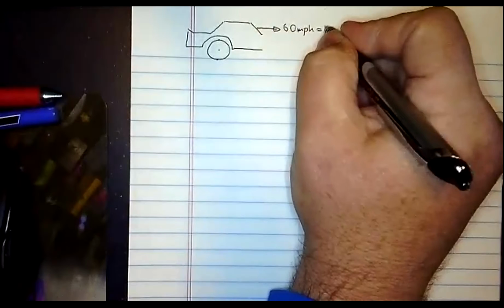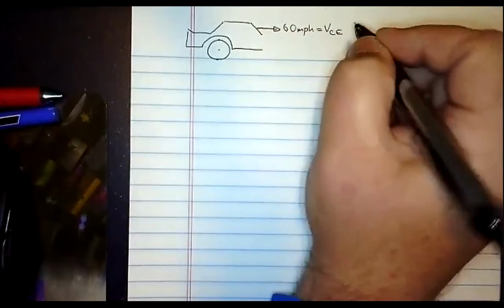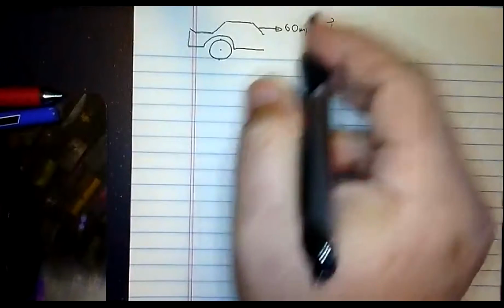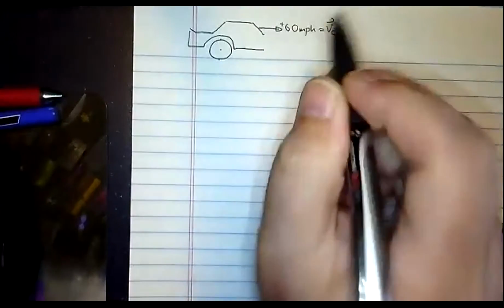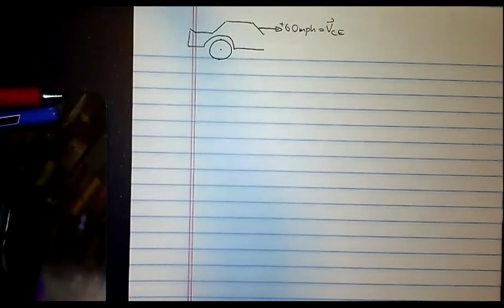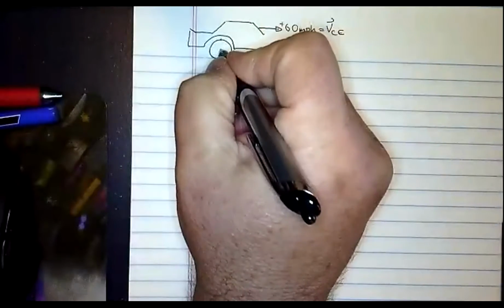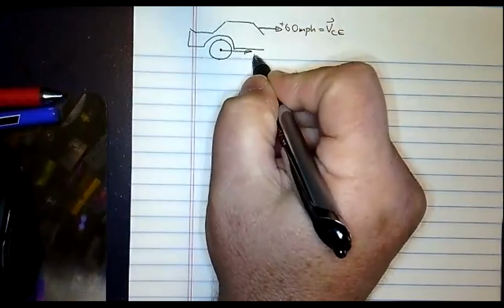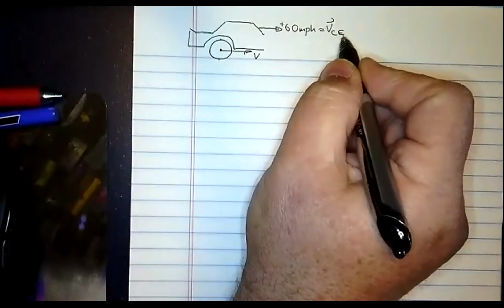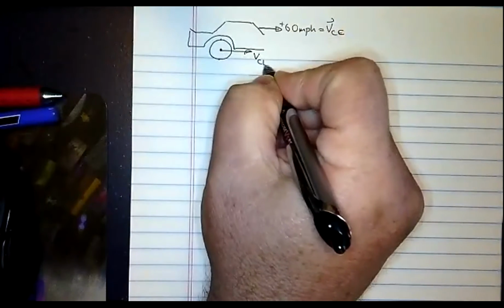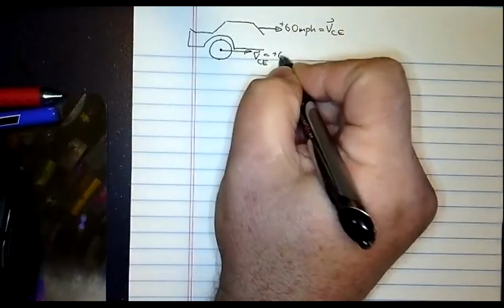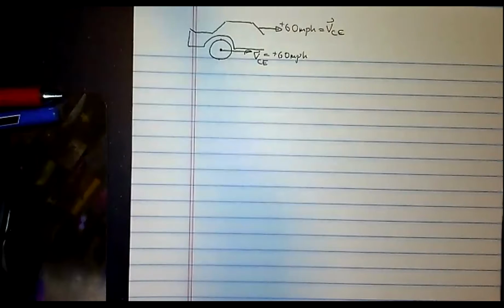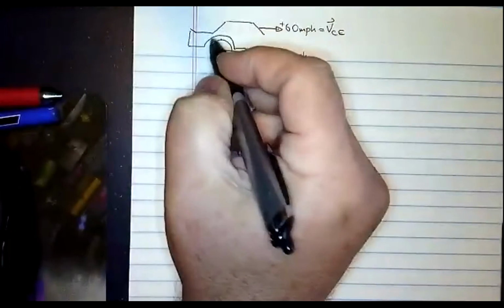So I'm going to call that the velocity of the car with respect to the earth. And we're only dealing with one dimension, so I can call that a vector just by putting a plus on it, just by recognizing that going to the right is a plus. Now, what I also want you to realize is the velocity of the center of the wheel with respect to the earth is also equal to plus 60 miles per hour. That's why I didn't even bother changing symbols. Now let's imagine the same car